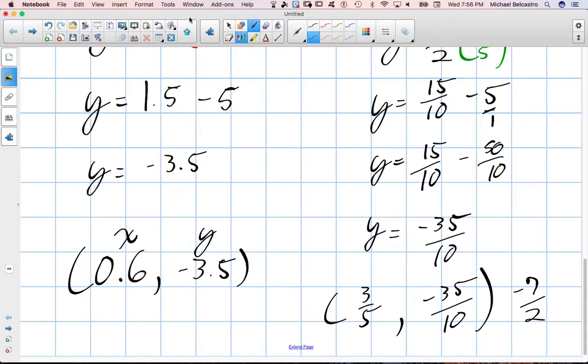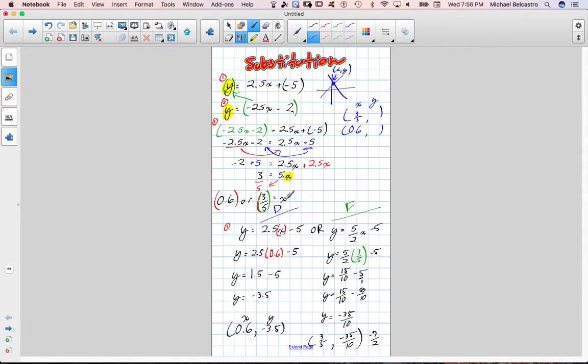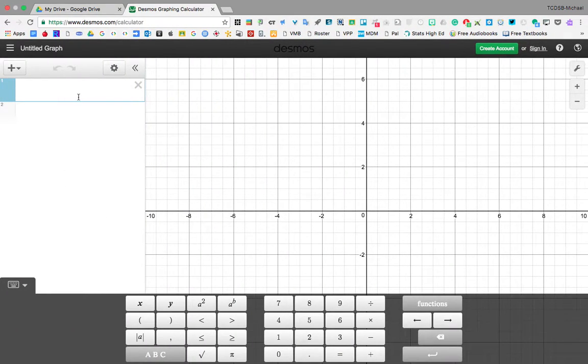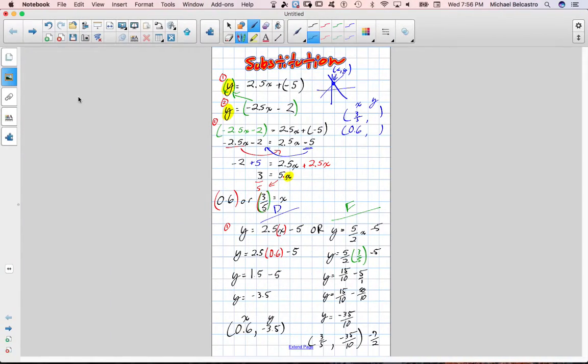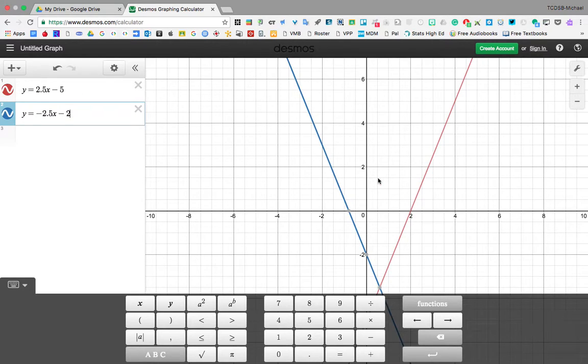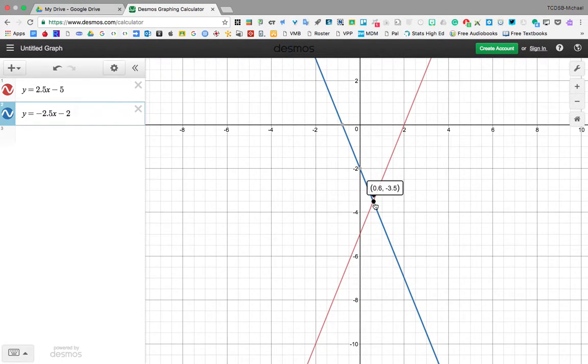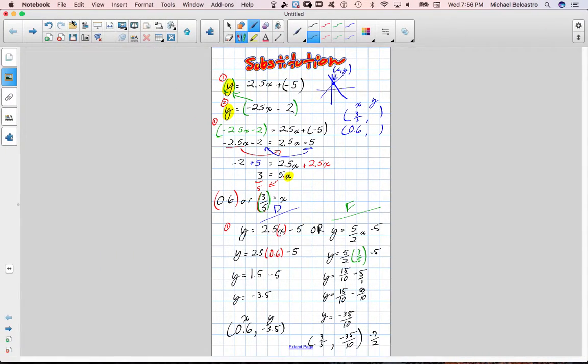So let's verify our answer. A lot of steps, mainly because it was a decimal question. This actually wasn't that difficult, and we decided to do both decimals and fractions when we solved. But if we put this into decimals, let's confirm our answer here. Y equals 2.5x minus 5. Y equals negative 2.5x, what was it? Negative 2. All right, so our point of intersection, 0.6 and negative 3.5. Perfect. Worked out great for us. So let's